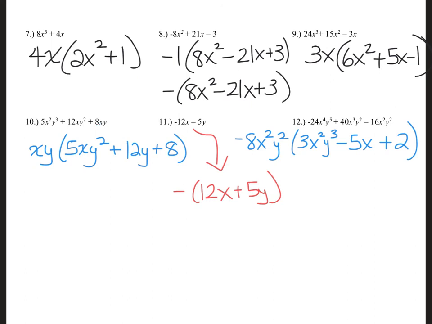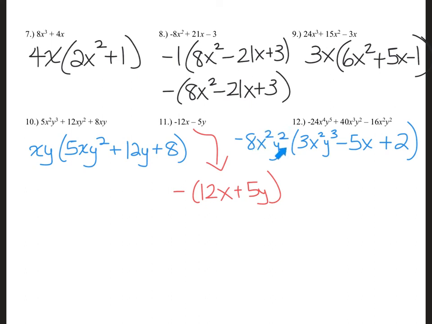All right? Number 11, if you thought that one was prime, the first term is negative. So you always have to pull out a negative GCF. But since it was negative 1, I just put a negative out here. The signs inside here changed. For number 12,